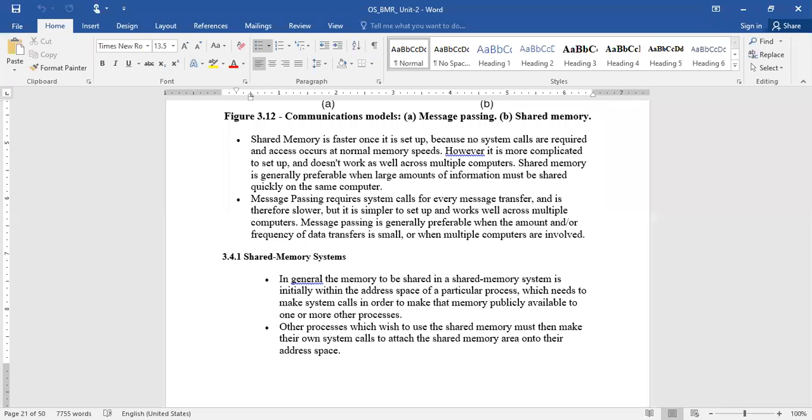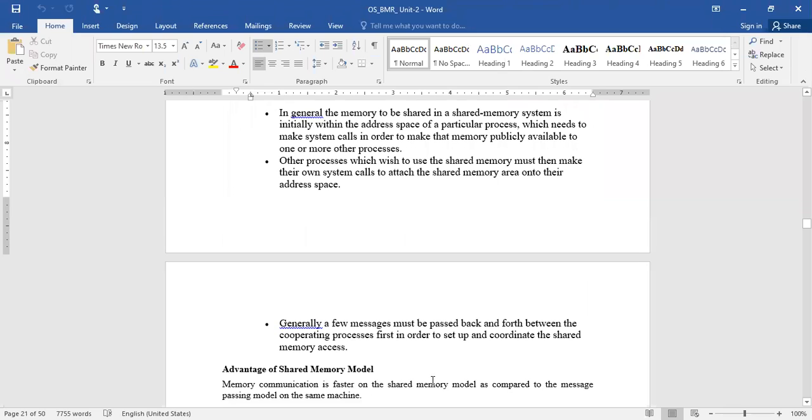What I mean to say is that this is all part of the setup process. Whatever process wants to share the memory, that information needs to be passed in a publicly available place, so that the other processes that want to access that memory make their own calls to attach that memory area onto their address space.